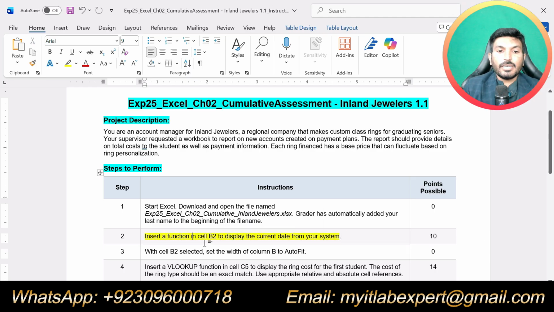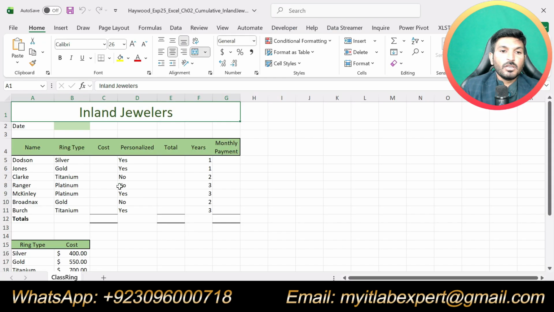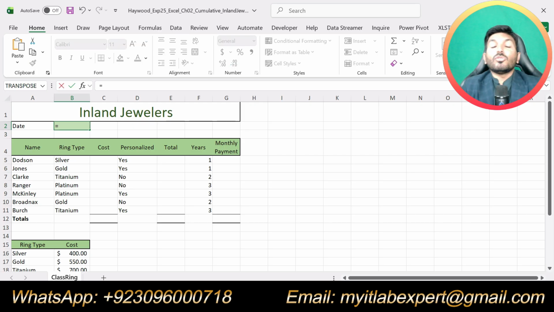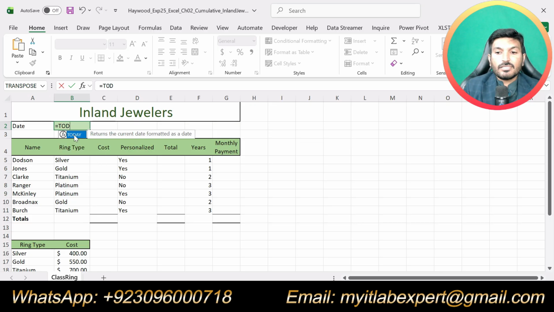Step number 2 says insert a function in cell B2 to display the current date from your system. So in this cell B2, we are supposed to show the current date. To show the current date we will use the TODAY function. Type an equal sign and type today. You can see that the TODAY function is there.